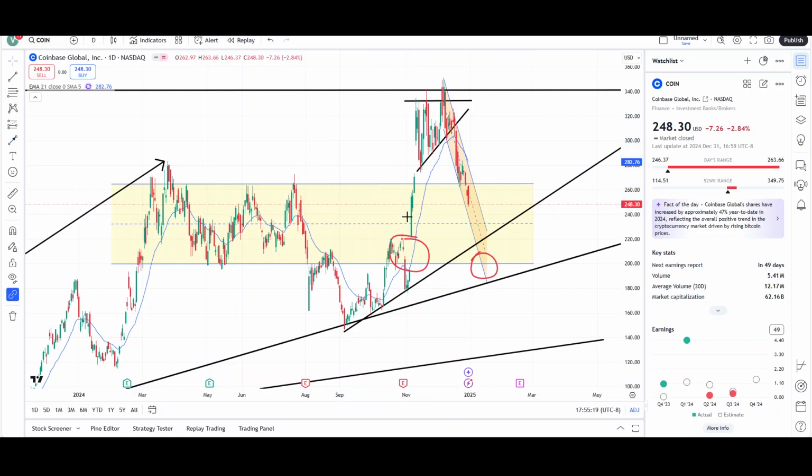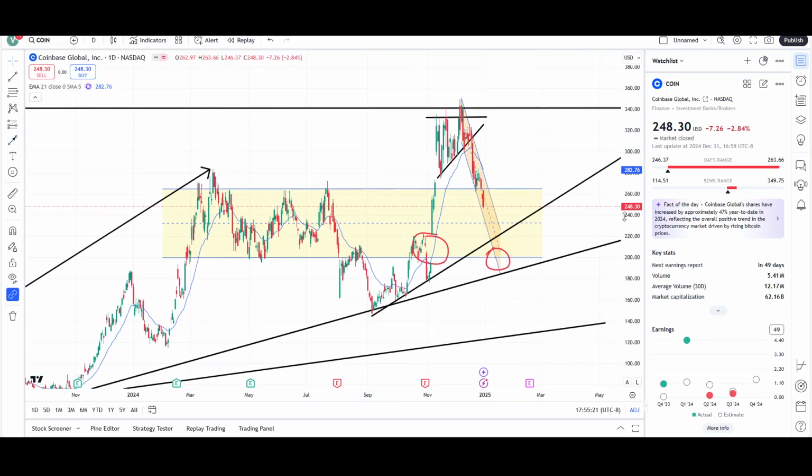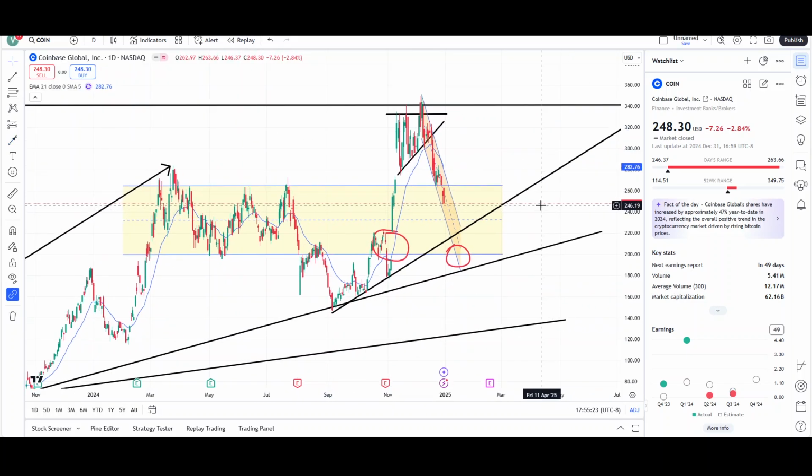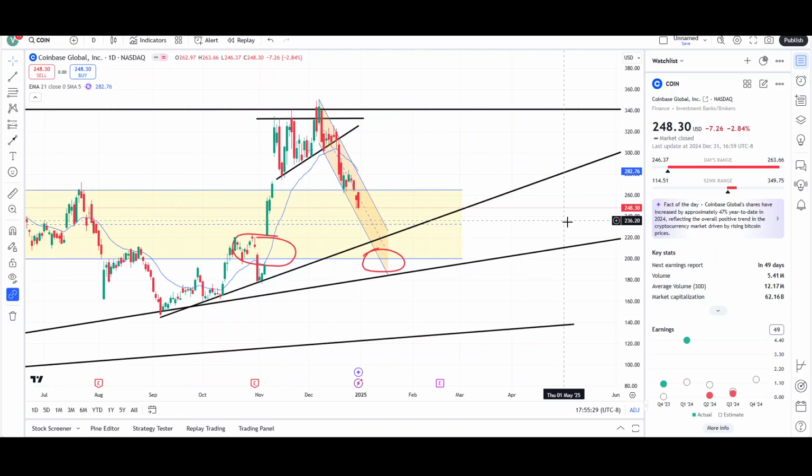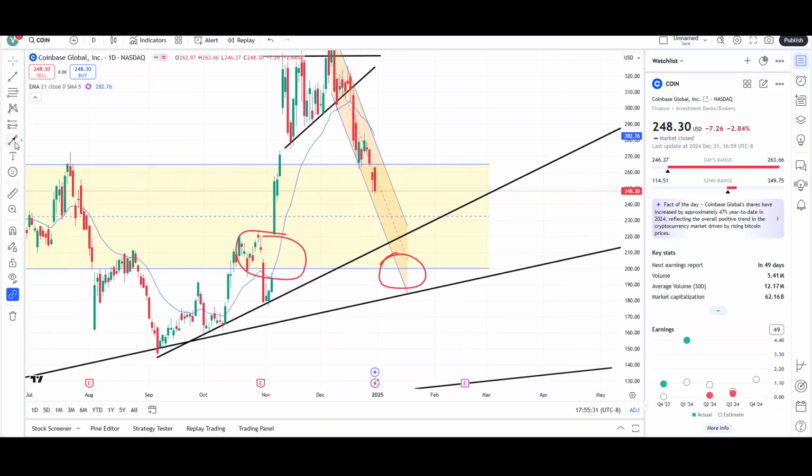It does make sense because ranges typically act as kind of magnets, like a black hole. It just sucks price back to it. It's hard to escape the range. So price is trending down back inside the range. And since we went up really quickly right over here in the past, we can go down just as quick. That's why you're seeing the momentum pick up instead of slowing down, because there's not a lot of support stopping